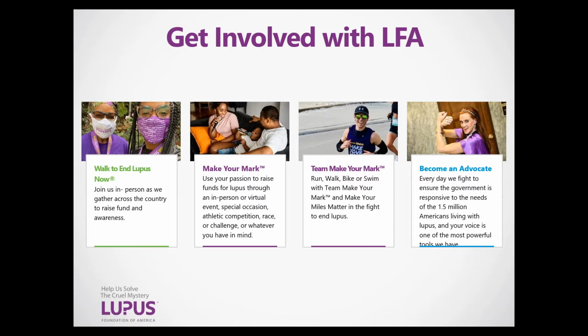We also have Make Your Mark, and that's our community fundraising program. And that's a way to turn an event into a fundraiser for lupus. You can use your passion to raise funds for lupus through an in-person or virtual event. And then we also have Team Make Your Mark, and that's a way for athletes of all different experience levels to combine running, walking, triathlon events with fundraising to support lupus research and education